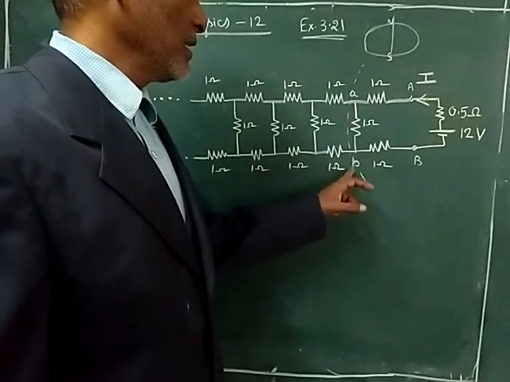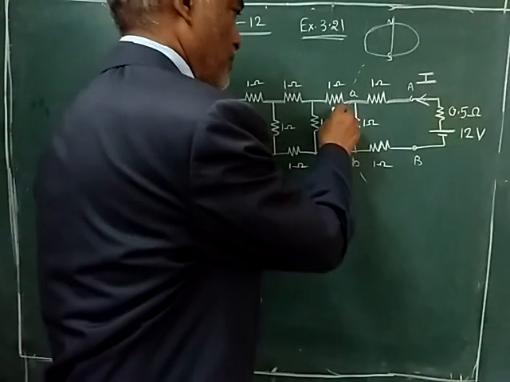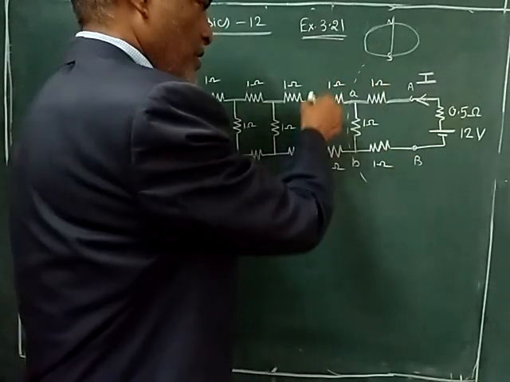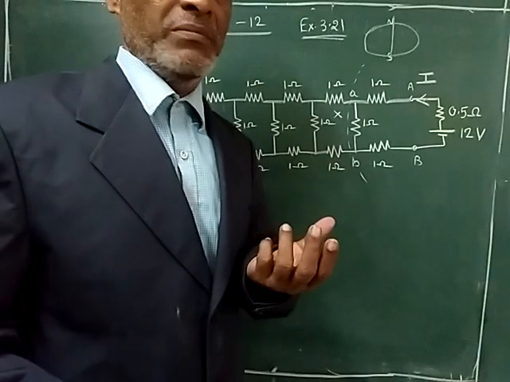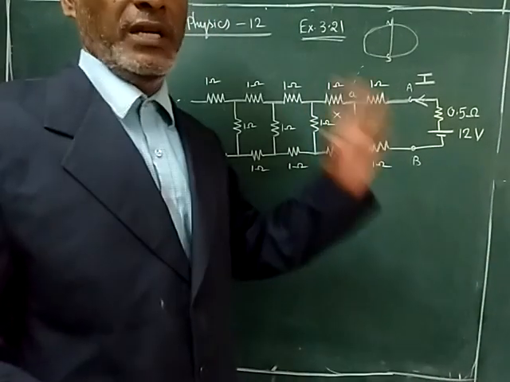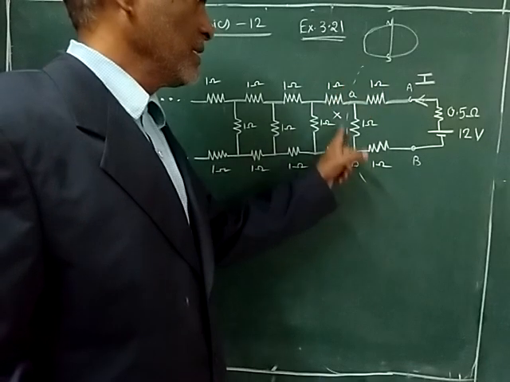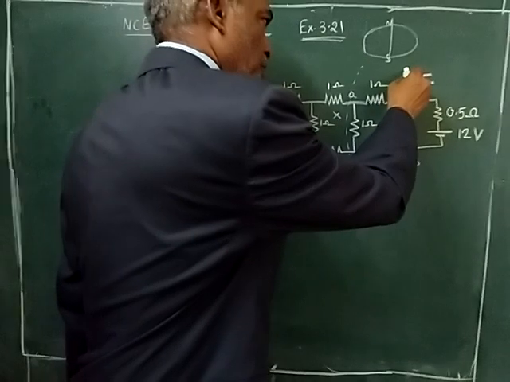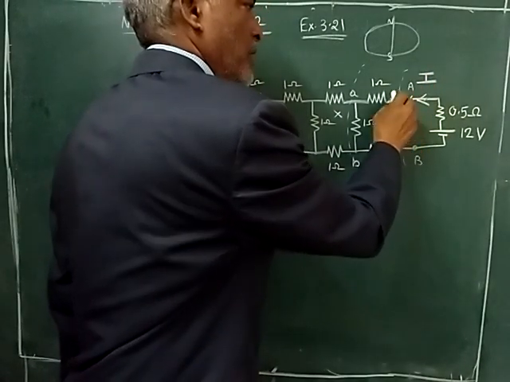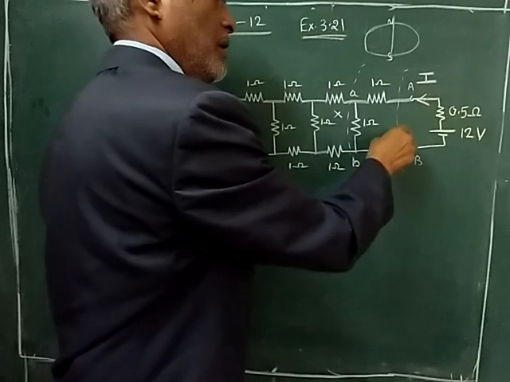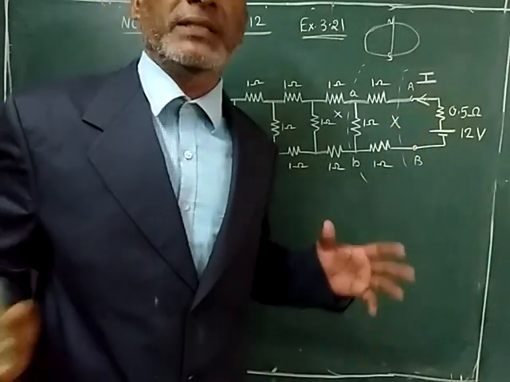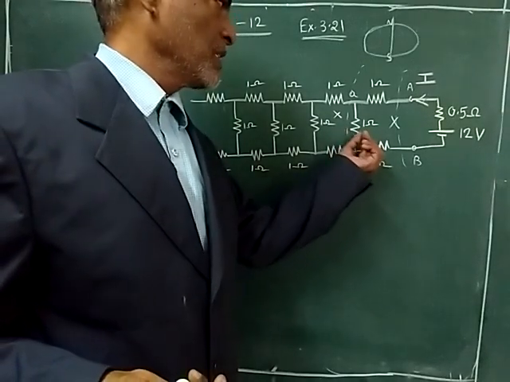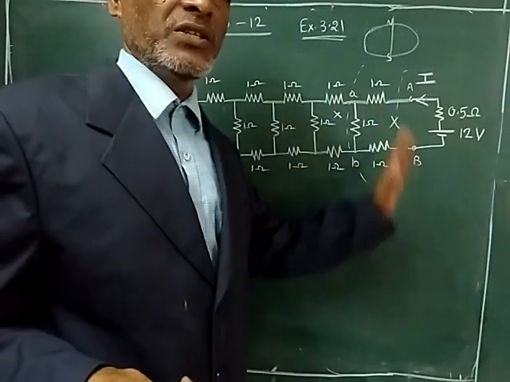The equivalent resistance here, assume to be X. Even if I view from here, it is not going to affect much because this side you have infinity. So this is X. Now, if I view from this point, calling it capital A and capital B, it will be X only, there won't be much difference. Why? One section is added, one section is reduced, that's all.